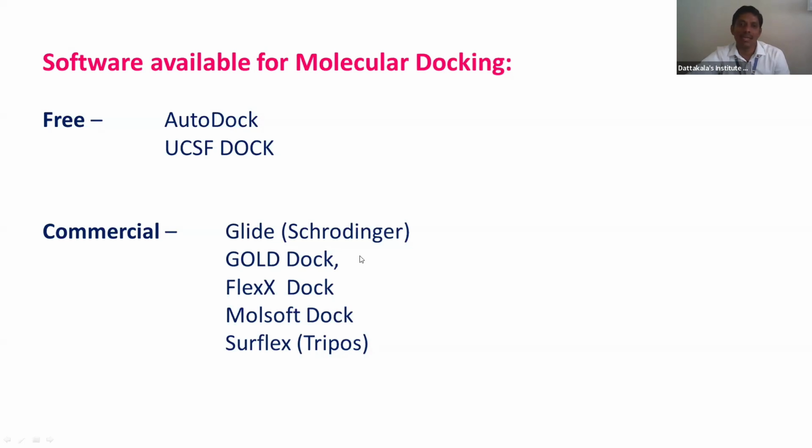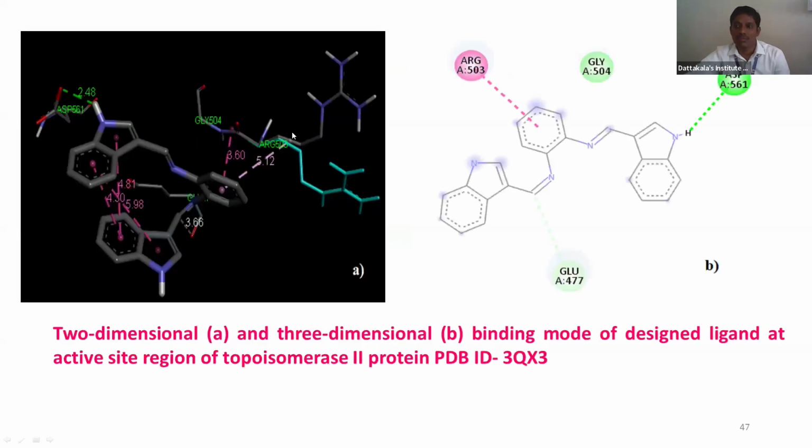So if you want to learn about the Autodock process, there are so many tutorial videos available on YouTube. If you keep practicing on that, within 1 week you will get the complete idea of the Autodock process, the free software. So here I have mentioned some 2D and 3D structures of the particular designed ligand molecule